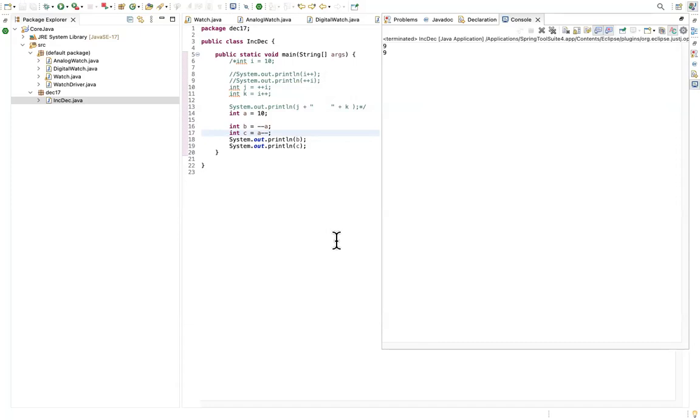Okay, Divya. First, it showed 10 and 8. Yeah, because you're actually doing A minus minus first, right? A minus minus, what happens? It's like a post decrement. Your value will not be decremented immediately. After assigning, your value gets decremented. That is the reason you got A as 9 later when you're doing the pre-decrement. So that was having 8 as the value.